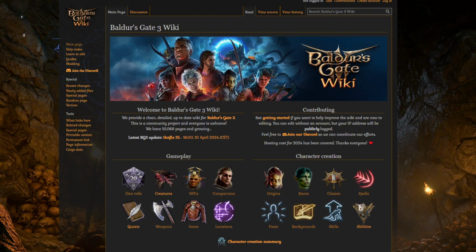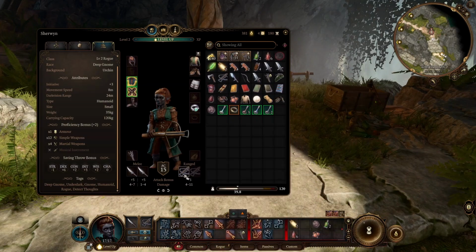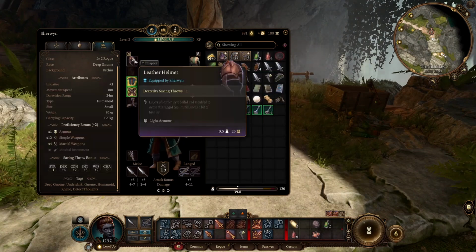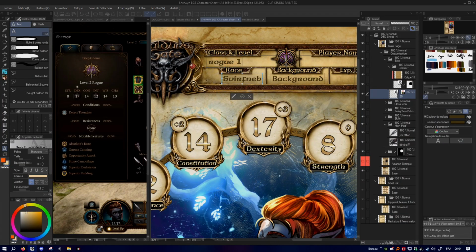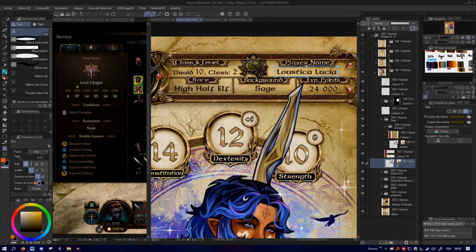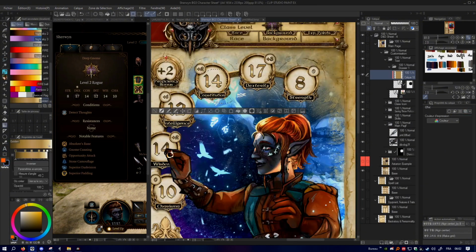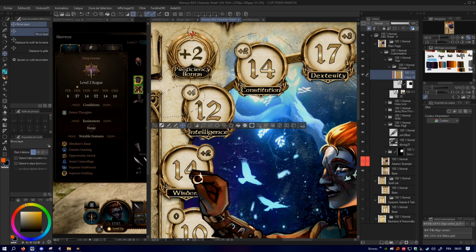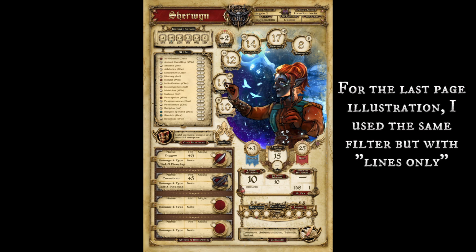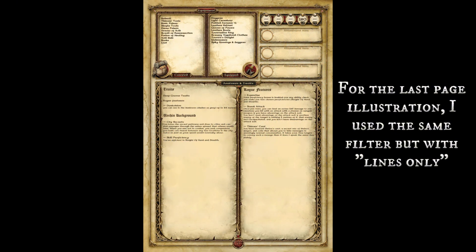For the icons, you can easily use the ones from the Baldur's Gate wiki. They have every item, spell, weapon, and even armor piece you can find in the game. For the letters, I used a gradient of gold to make the shiny bits, some light brown for most of the main page text, and darker brown for the other pages to make it more readable. And there you have it, your own Tav or Dark Urge as a fully functional and playable Dungeons & Dragons character.